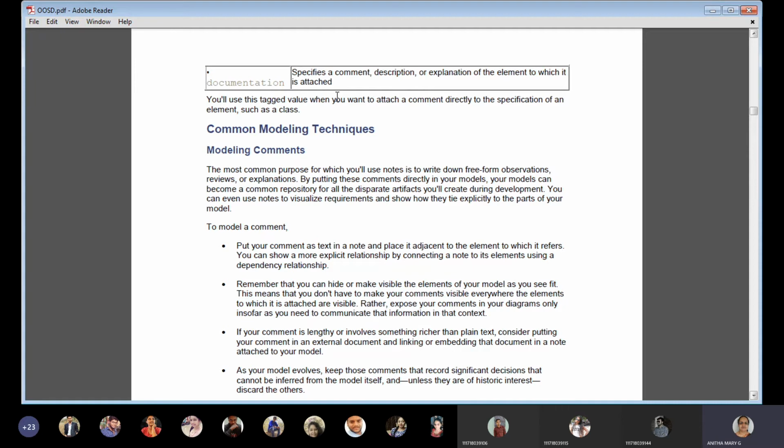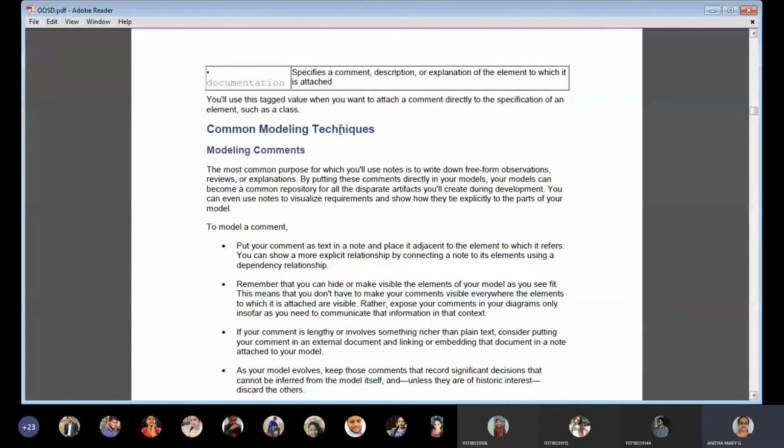In constraints, we learnt about simple constraint, constraint across multiple elements, and formal constraint using OCL, object constraint language. Finally, the sixth one, standard elements. Standard elements under common mechanisms are stereotypes and documentation. So this is the first part of today's class.